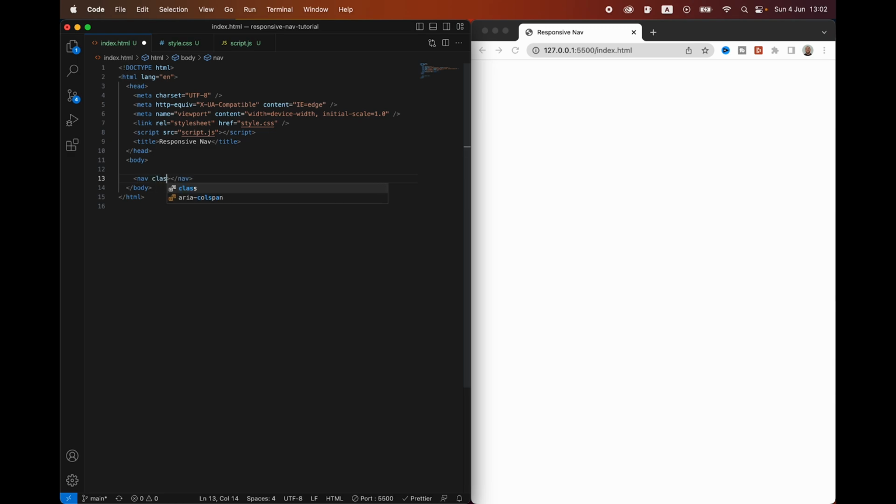We're going to give that a class of nav. Inside of the nav, we're going to create a div, and we are going to give it a class of nav__logo. We are using BEM, block element modifier naming convention, to name our classes. This div is within this div, so it starts with nav and then __logo, because this is gonna